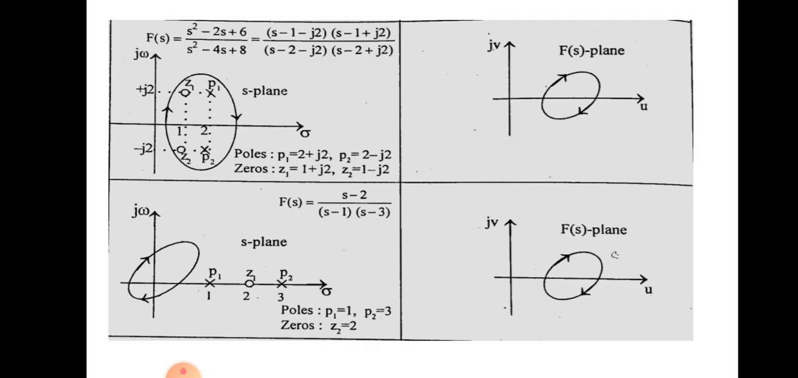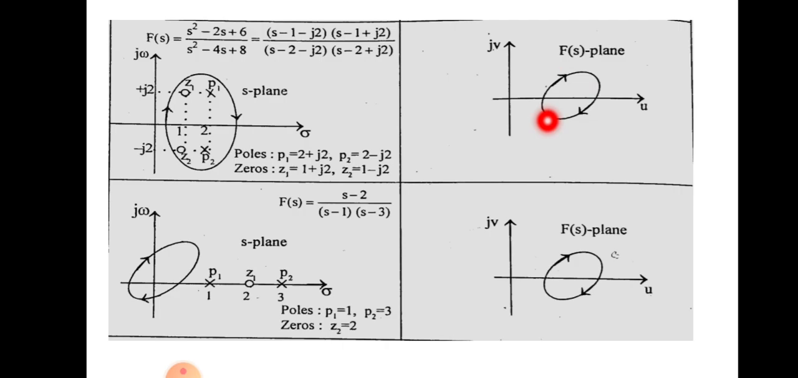And next we will consider another case. The f of s will be in the form s square minus 2s plus 6 divided by s square minus 4s plus 8. In that case, when we are factorizing, we will get different poles and different zeros. Poles are marked by cross marks, and zeros are marked by circles, and you can see that the S-plane contour encloses these zeros and poles in the clockwise direction, and so the corresponding f of s plane contour will be in the clockwise direction, but it will not encircle